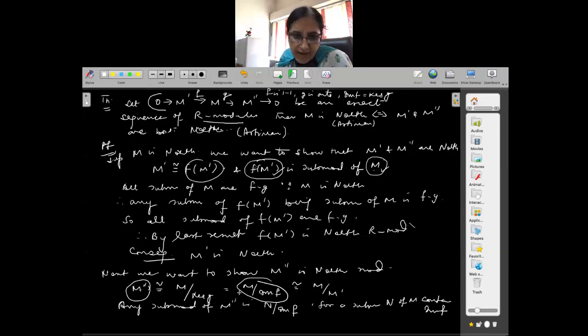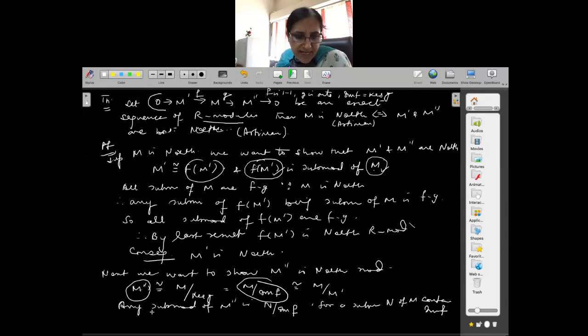Submodules of this module are N modulo the image of f, where N is an R-submodule of M containing the image. This is the correspondence theorem. How do you connect submodules of M with the submodules of the quotient module? Take the quotient of the submodules of M that contain the image.